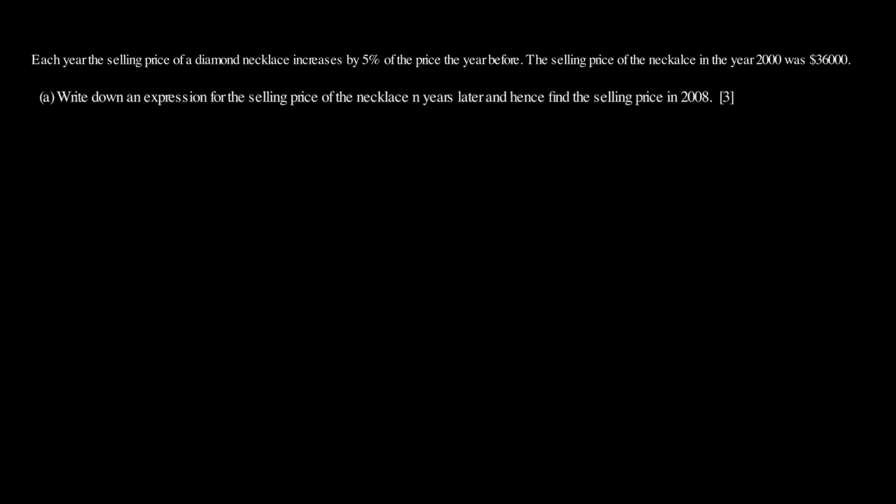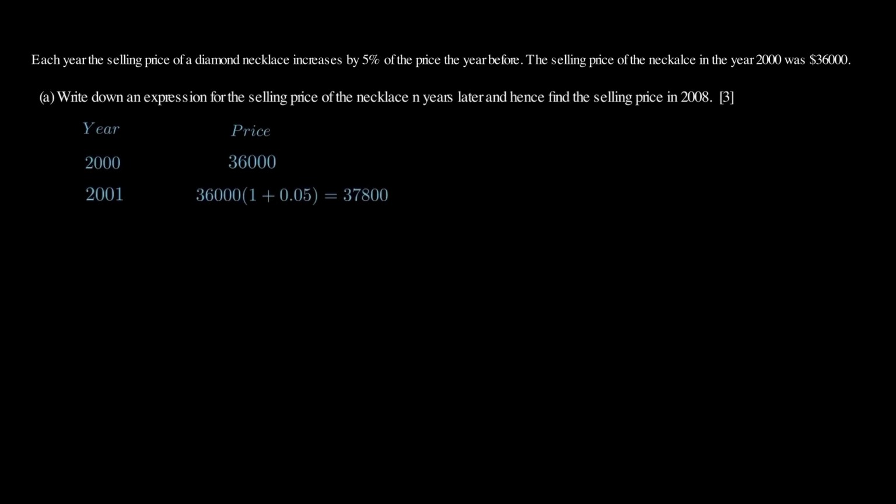It seems like the best idea is to make a table and try to find a pattern of how the price of the necklace will change every year. Now we know that in the year 2000 the price of the necklace is $36,000. And the next year, in 2001, the price will increase by 5%. So 36,000 is going to be multiplied by 1.05, which is going to equal